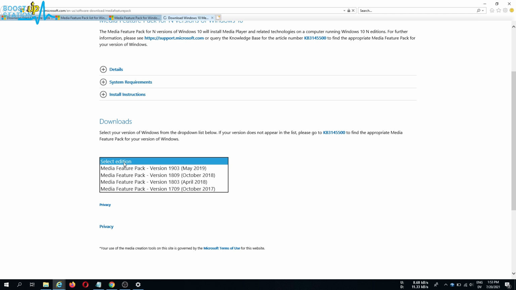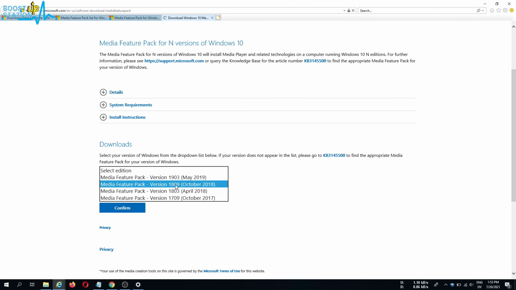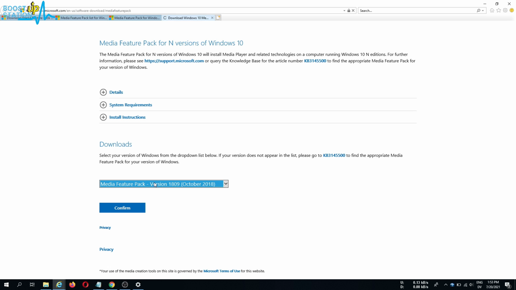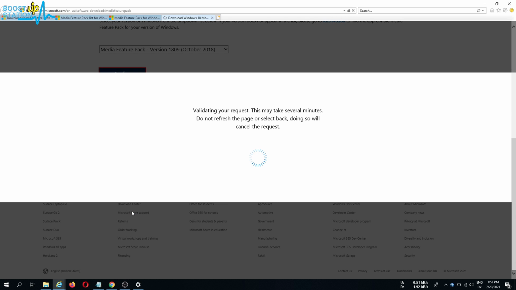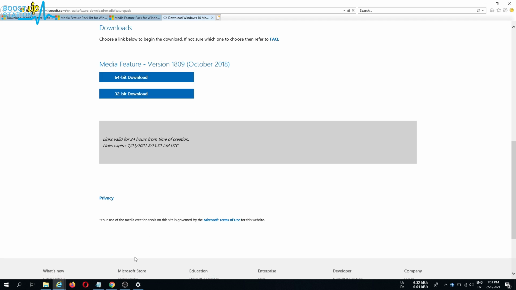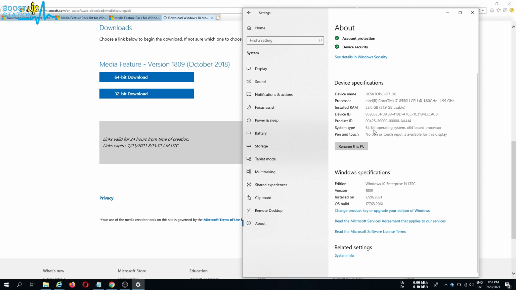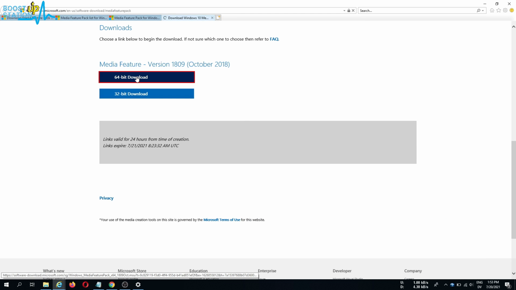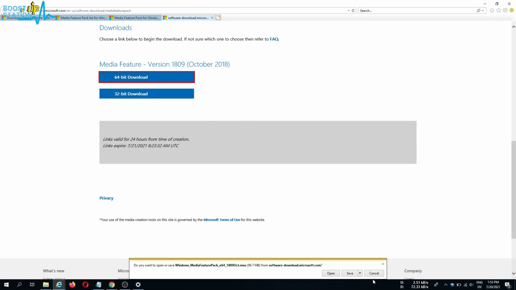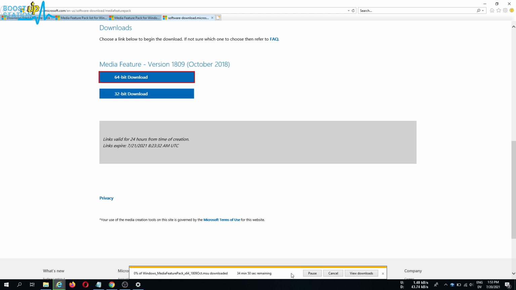Now select the edition from here 1809, as I had 1809. So now click on confirm, and I already told you that mine is 64-bit operating system, so I'm going to download for the 64-bit and save the file. Let it download.